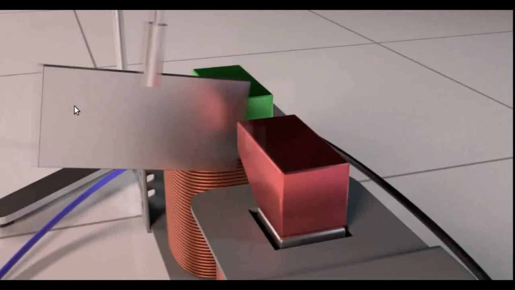When this metal plate passes between these two metal frames, it is actually passing through a magnetic field. When it is entering this space, the magnetic flux linked with it will increase, and it is maximum when it is exactly between the two cores. By the time it leaves this space, the magnetic flux linked with this plate will decrease. So with respect to this metallic plate, it is in a changing magnetic field.